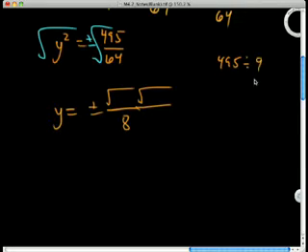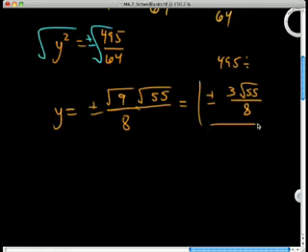Then I would have asked 9, and I'd say maybe. So I'm going to check that on a calculator real quick. 495 divided by 9. It does. Aha. So it breaks into 9 and 55. And 55 is 11 and 5, both prime, and neither of them perfect squares. So that doesn't break down any further. So I get plus or minus 3 square roots of 55 over 8. And that's my y coordinate when